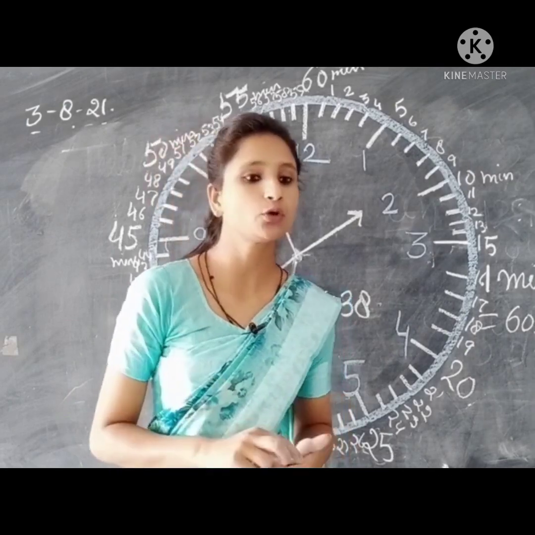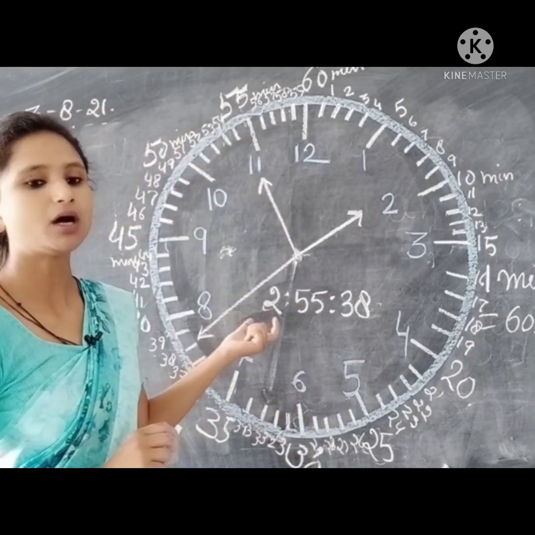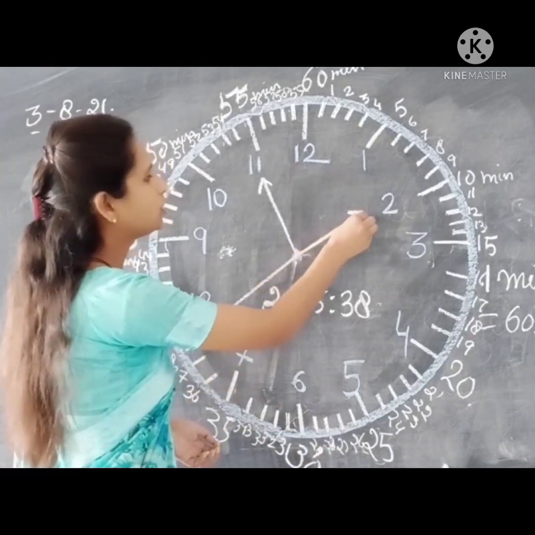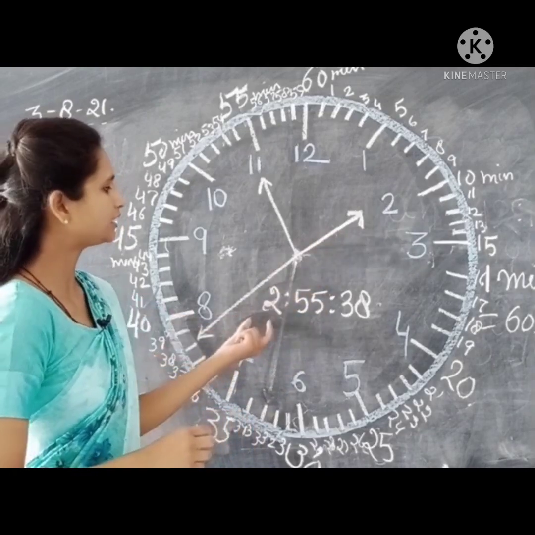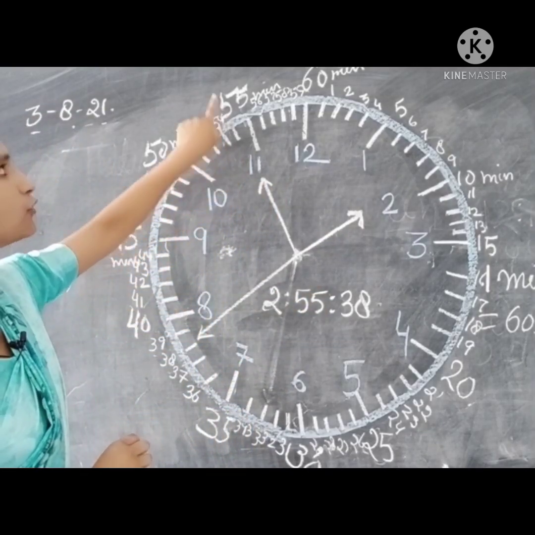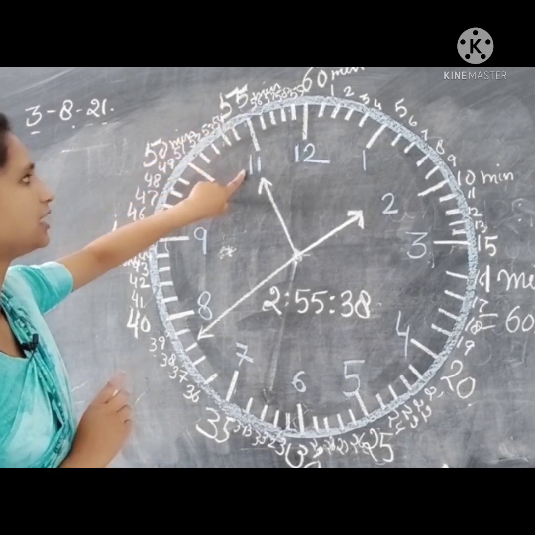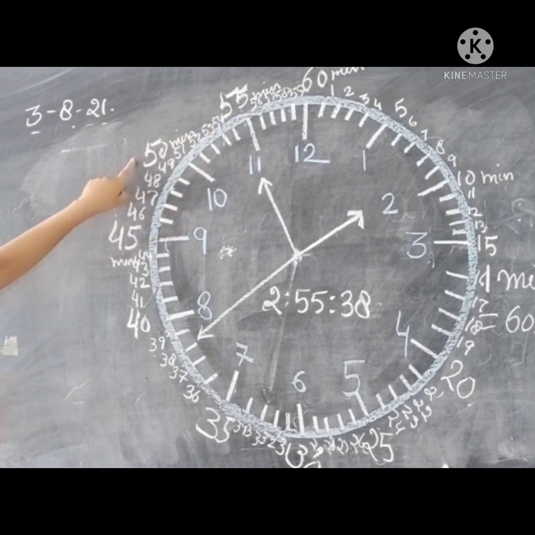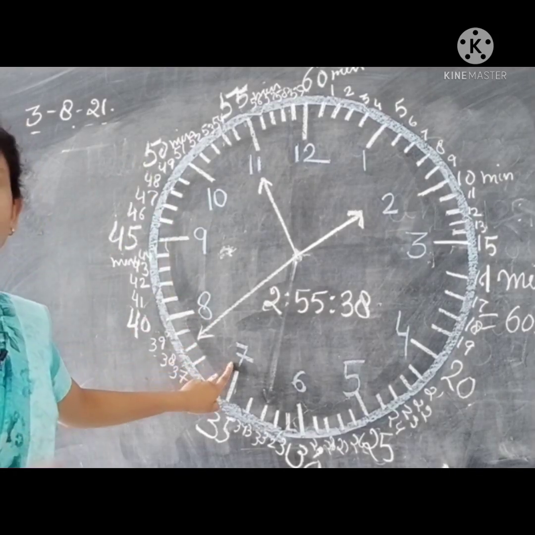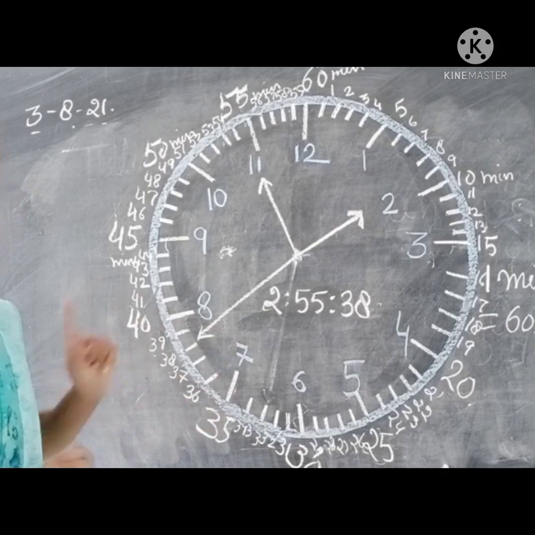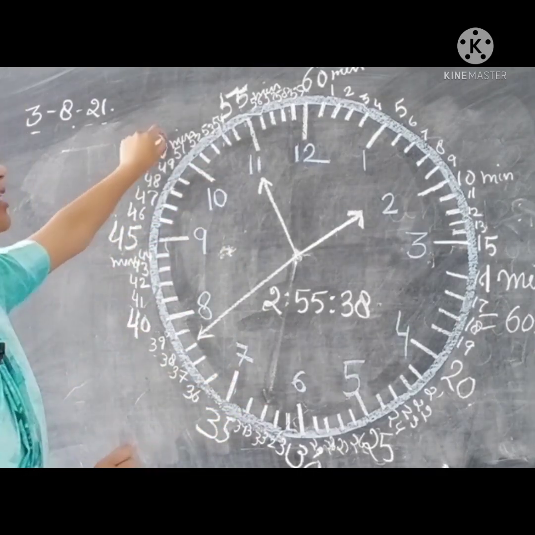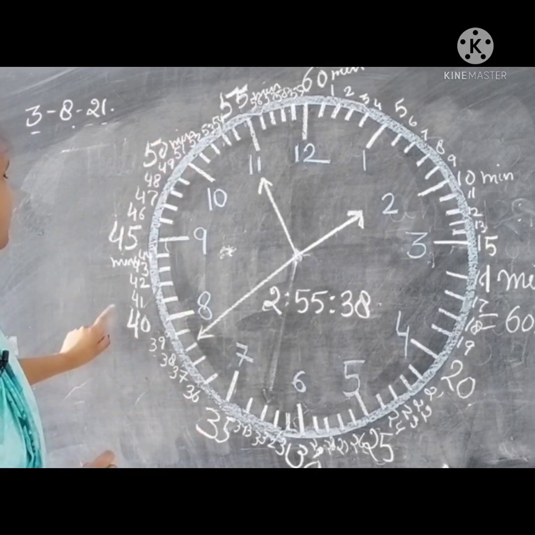So it is clear to you. Next we learnt about telling time in hours, minutes and seconds. First you have to write the hour hand, then you have to write the minute hand. If it is 11, you have to write 55. Do not write 11. If it is 10, write 50. Do not write 10. If it is 7, you have to write 35. Never write 6, 7, 8, 9. Write the minutes: 30, 35, 40, 45.